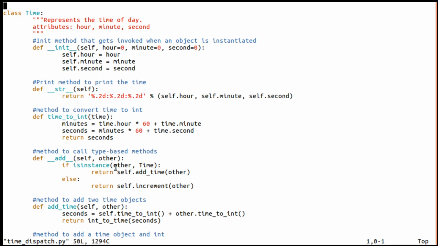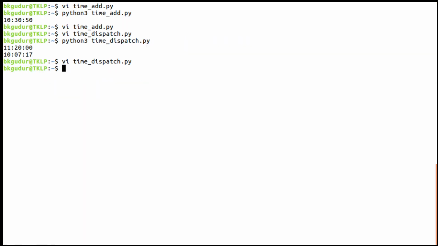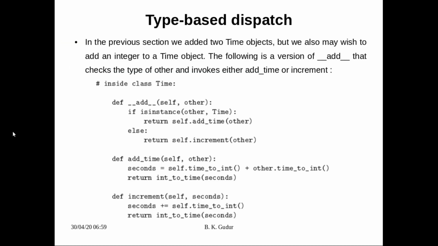Based on the type it is calling a particular method: if other is an instance of Time, call this, otherwise call this. This concept we call type-based dispatch. Based on the type, it dispatches a method.